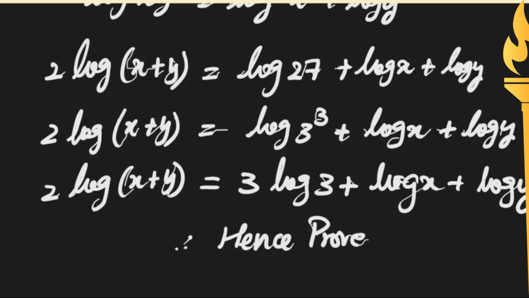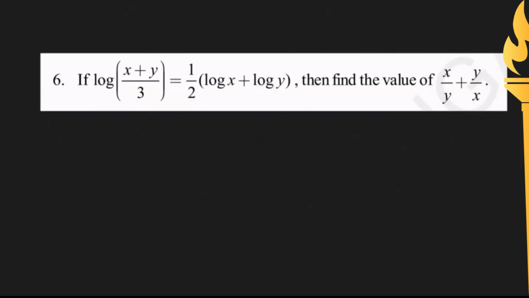This is the thing they told us to prove. So we prove that 2 log (x plus y) is equal to 3 log 3 plus log x plus log y, if x square plus y square is equal to 25x. We have the sixth one, which says